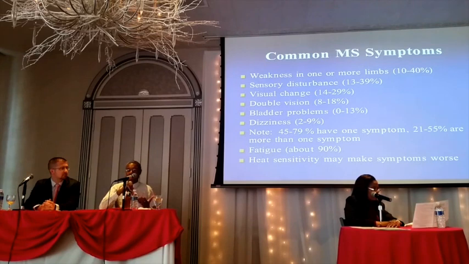And typically, depending on where the scar is, if it's on one side of the brain, it'll involve the opposite side of the body. If it's in the spinal cord, that is the bundle of nerves in your spine, it'll involve either both legs, or if it's high enough, both your legs and your arms at the same time. If the portion of the brain at the back that helps to control your balance is involved, then you'll be off balance. And that's really a common symptom.